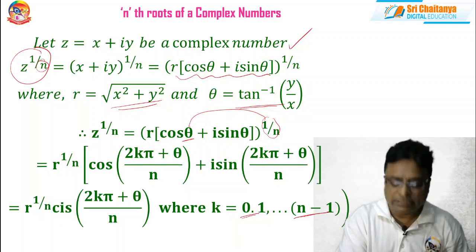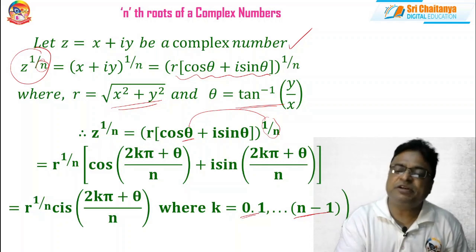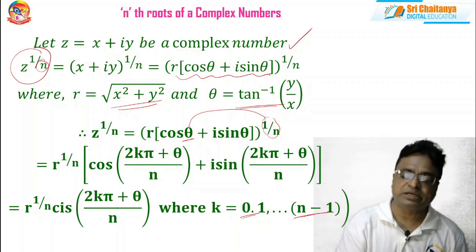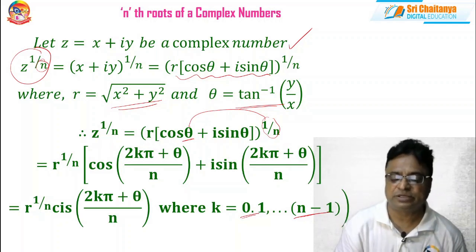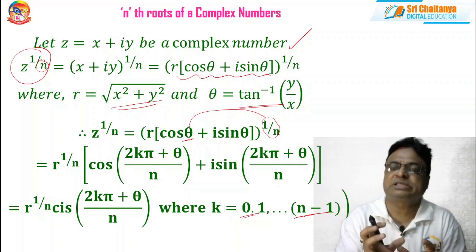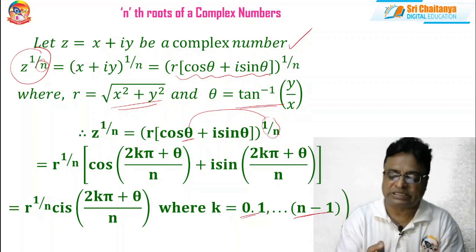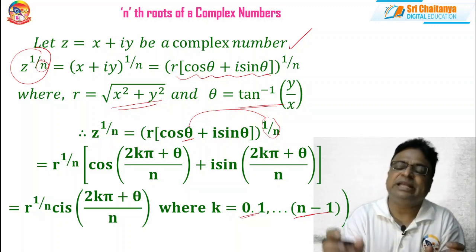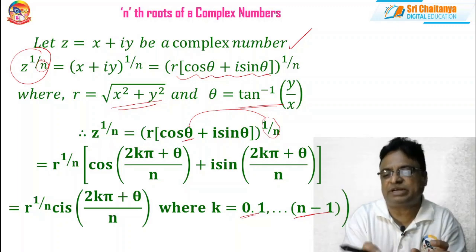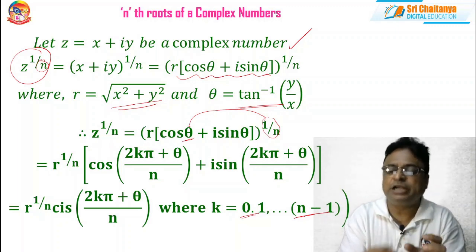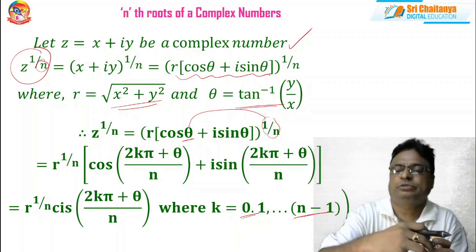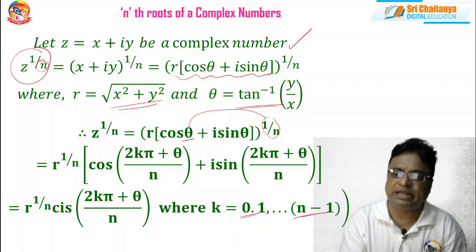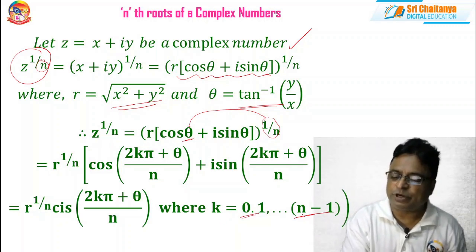Moreover, the orientation of these n roots is very essential. That geometrical interpretation is very important for us, because based on that you may learn several other things. So whenever they ask you to find the nth roots of a complex number, whatever it may be, you first write it in polar form. Then you add 2k pi with theta, that means you write the general value of theta, and you multiply the power to that angle, so it becomes cos of (2k pi plus theta) by n plus i sin of (2k pi plus theta) by n, where k is equal to 0, 1, 2, 3 up to n minus 1.